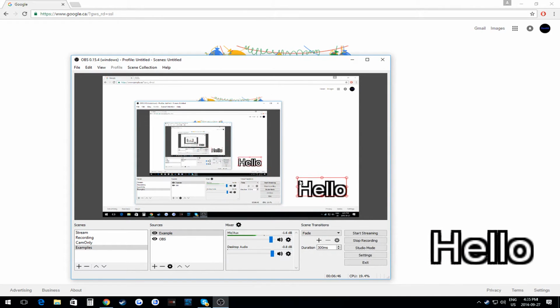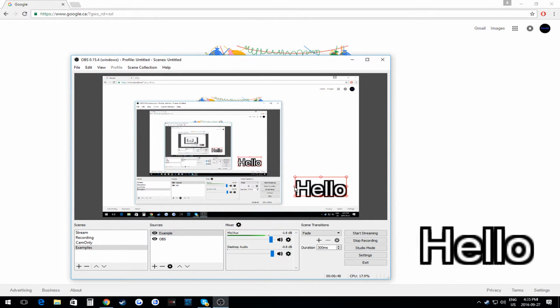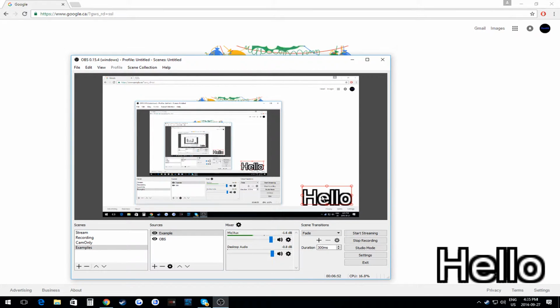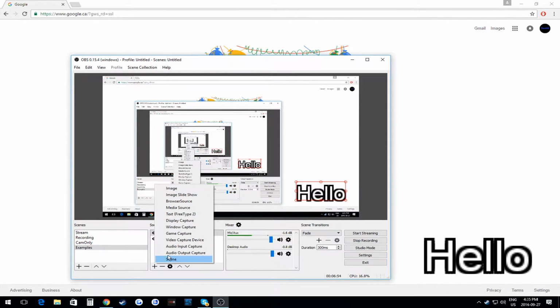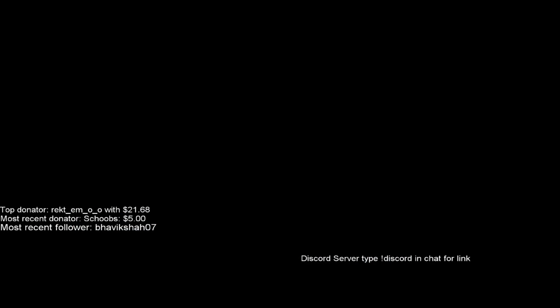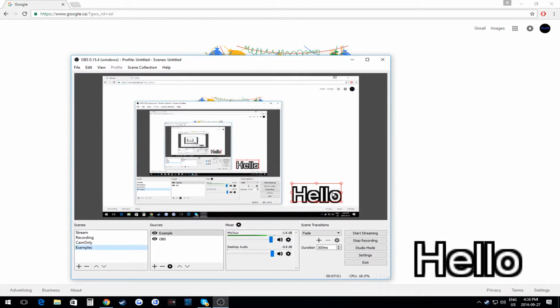Then let's say you're making a video and you want to have something in the corner. You can also set an image. I believe you can set an image still. Yeah, image. But this is actually really helpful for like what I was showing here, Discord server. So you can set that to a specific thing. You can make it where if you have a Twitter set up for specifically your channel or whatever, you can have that there for your stream, or you can just make it say something like, for example,